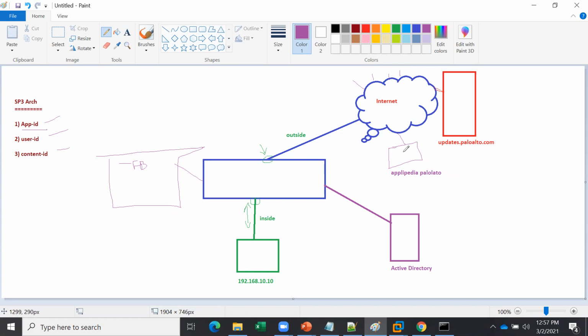Let's say HDFC, this is an application. Every application requires some port and some protocol, like port 443, port 8080, and TCP. This is the requirement of that particular application. Previously, in port-based firewalls, we used to allow that port. But what happens if you allow it? BitTorrent is one example, which uses any dynamic port. So if you open port 80, BitTorrent can also be opened, which you don't want.